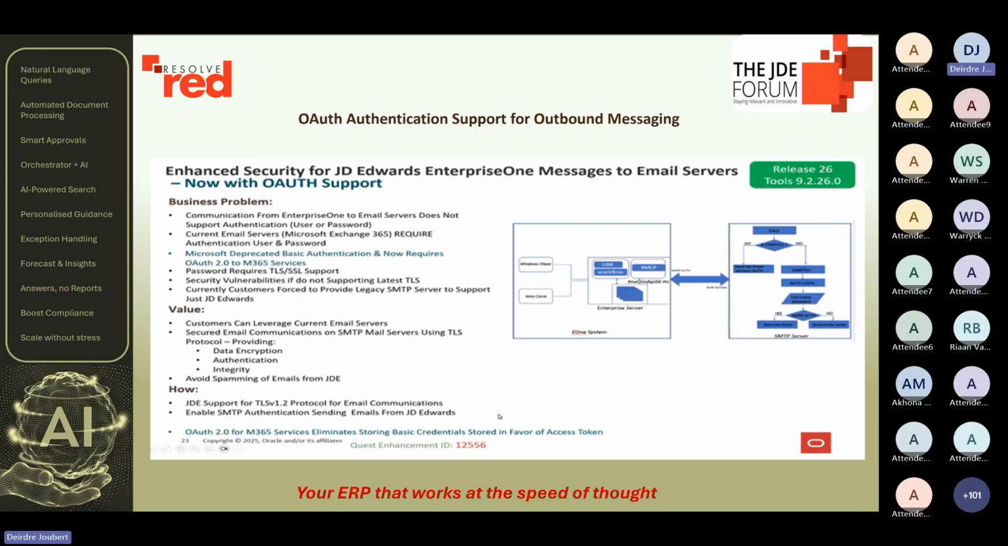The next feature is OAuth authentication support for outbound messaging. As security remains central to any modernization effort, the OAuth support replaces traditional password-based authentication with token-based authorization. This is particularly relevant when integrating JD Edwards with Office 365, Gmail APIs, or any other REST services. Tokens are more secure, easier to rotate, and they align a lot more with corporate security policies. And a strategic benefit here is to